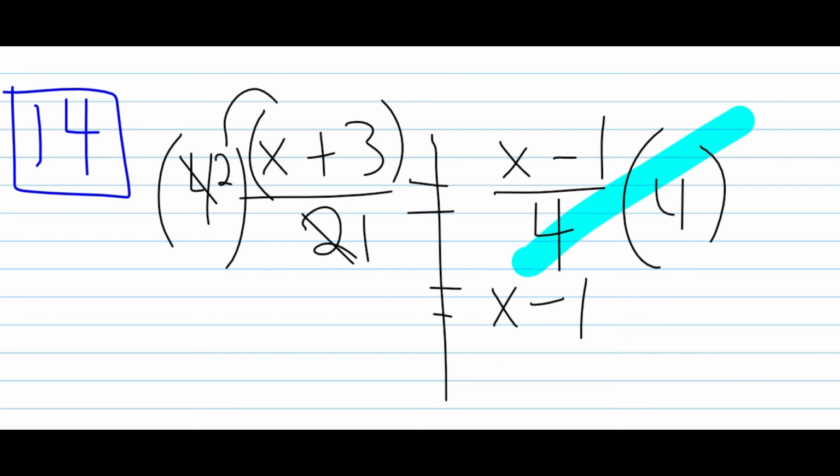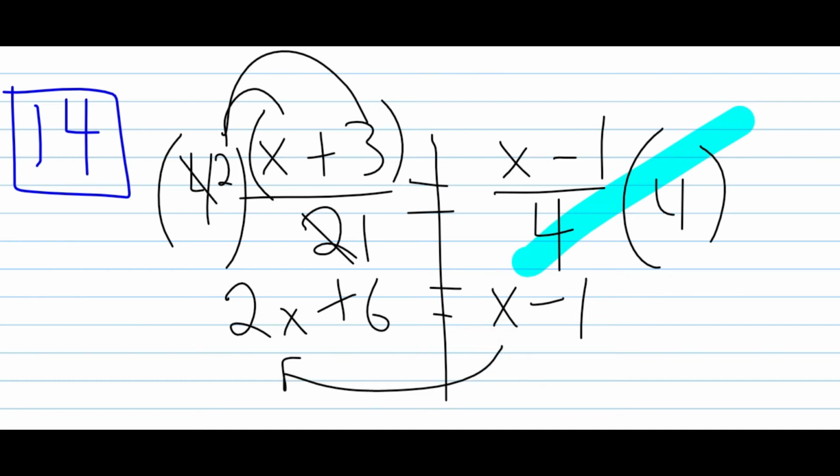So what is 2 times x? Well, that would give me 2x. And what is 2 times plus 3? That would give me a plus 6. Now I still have the variables on both sides of the equation, but I'm not dealing with fractions anymore. So ask yourself, do you want to move the 2x to this side, or do you want to move the 1x to the left side? What number's smaller? Technically 1x is. So I'm going to subtract 1x from both sides,